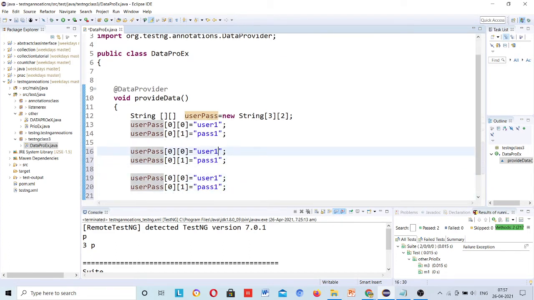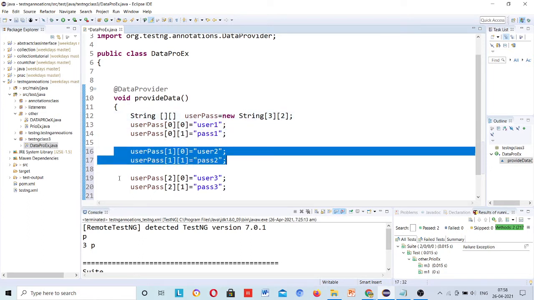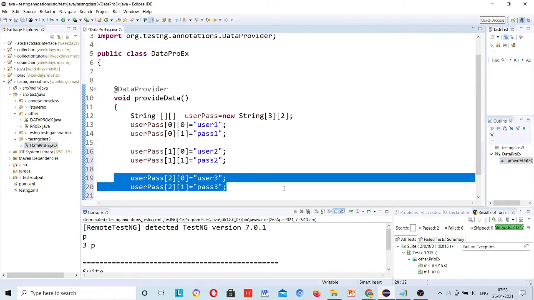And this is user2, user2, user3 and user3. You can see 0 0, 0 1, this is the first index username and first index password. This is the third user, second index, starting from 0: username and password for first user, for second user, for third user.